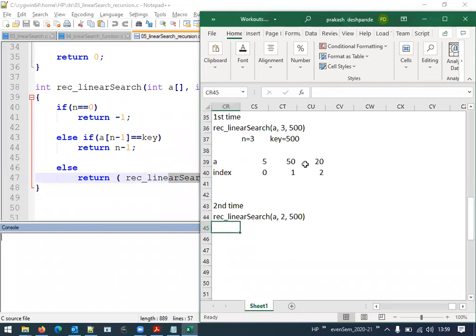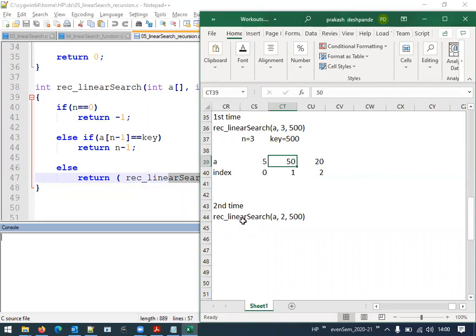What I actually did was, initially for the first time there were 3 numbers, and we tried to compare the key element we were searching for with the last element. We got to know that this is not the key element. Then we need to search only the first 2 elements. So we need to exclude this last element from the next search. So next time the number of elements is going to be 2, right?